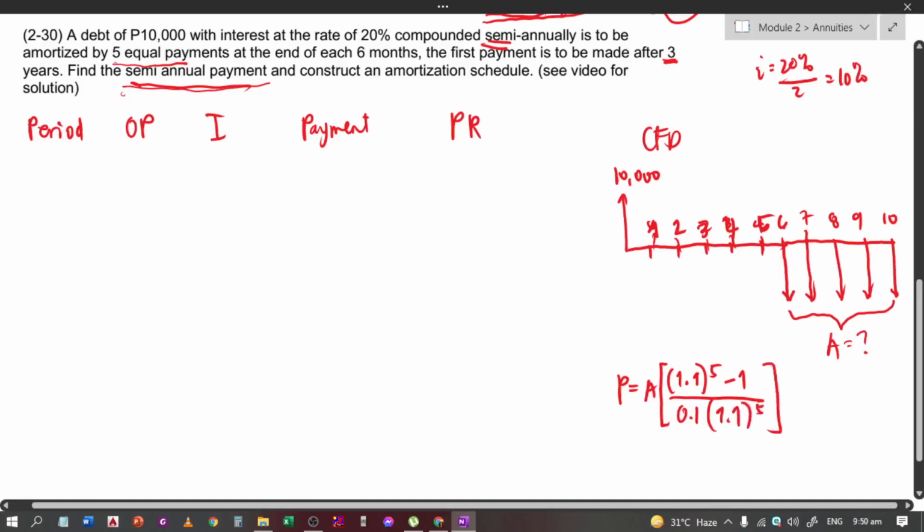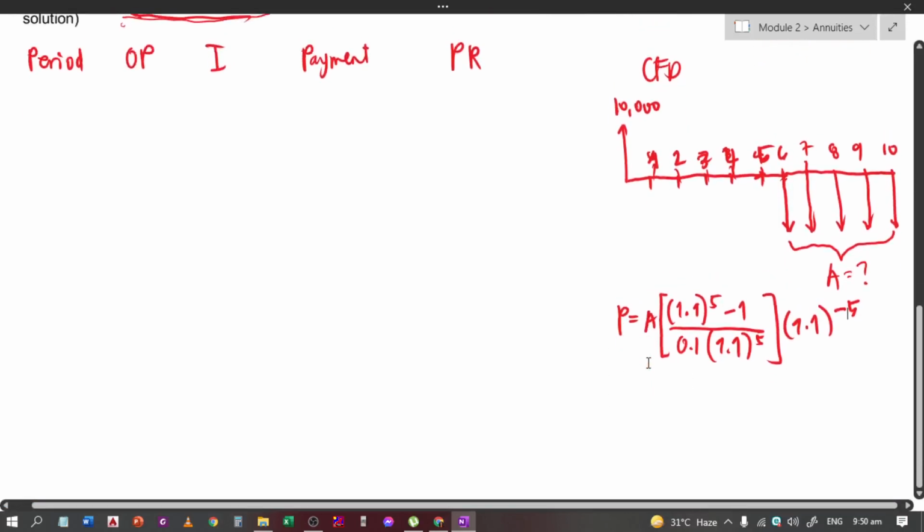So, ano ba yun? So, hindi pa po. Dahil, naka-deferred na siya. So, again, yung present worth ng annuity, again, is 1 year or 1 period ahead of the first payment. So, kung yung first payment mo, yung present worth na to is nandito sa year 5. So, i-compound natin siya from year 5 to year 0. So, 1.1 is to negative 5. So, again, itong P natin ay equivalent sa 10,000. Ayan. So, solving for A,